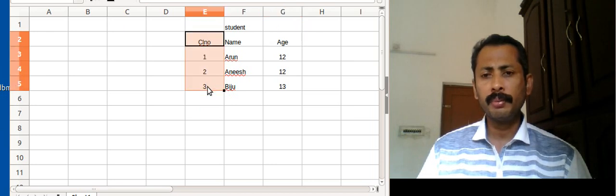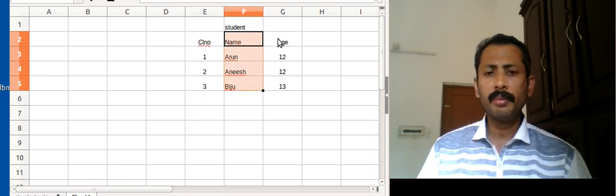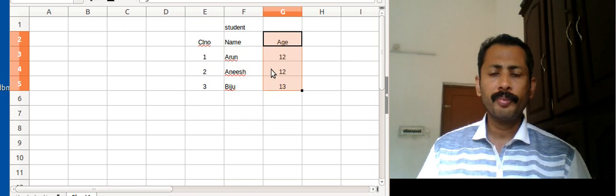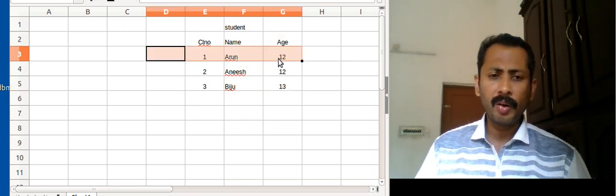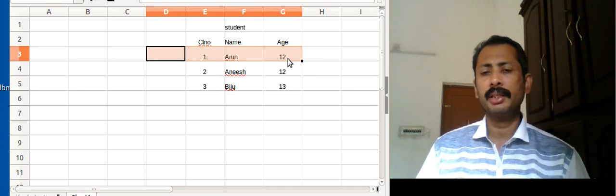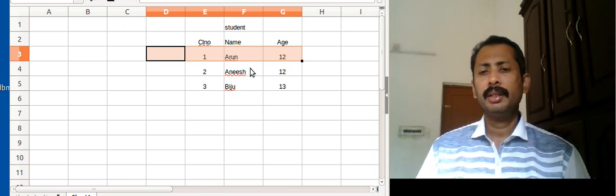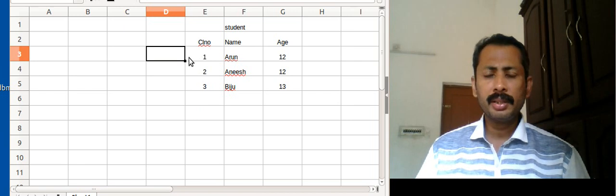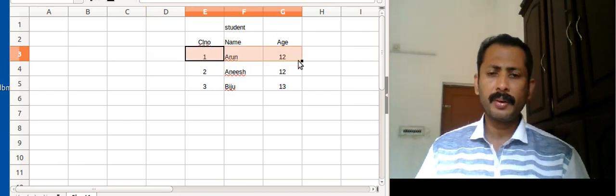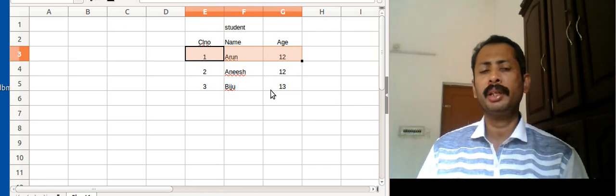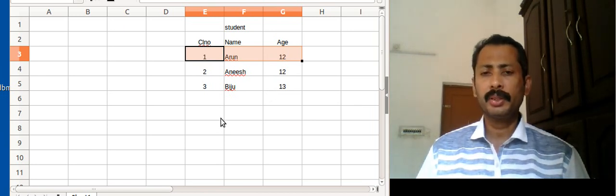Class number is a column, name is a column, age is a column. The details of an entity in various columns form the details of that student.